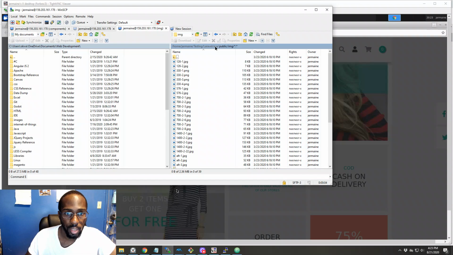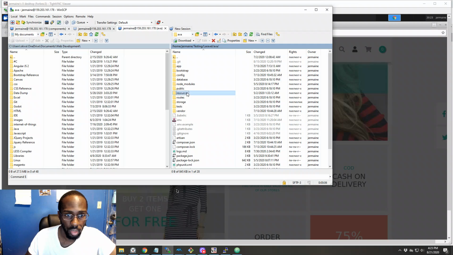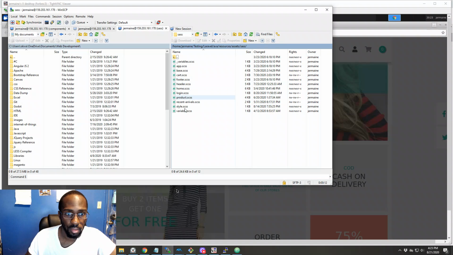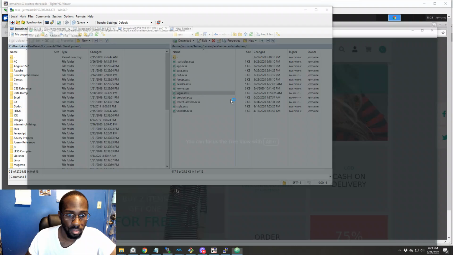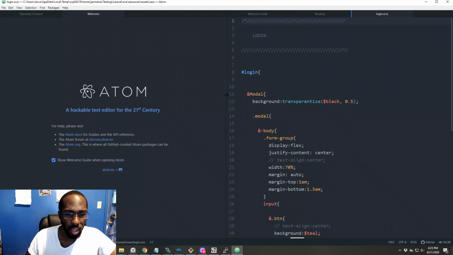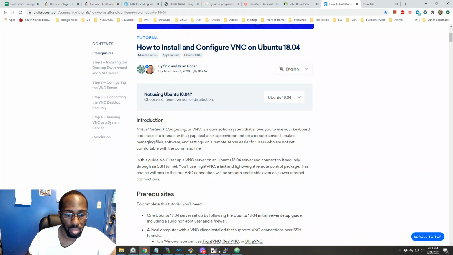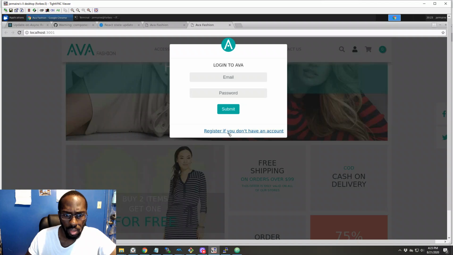So now I need to go into the SASS files, and that's an asset SASS to stylize things. At this moment, I guess I'm technically still stylizing things because I still want to, let me go to my VNC viewer. I still want to center this